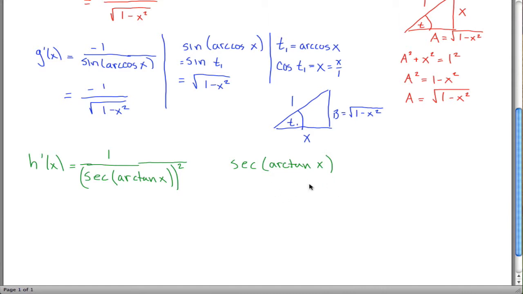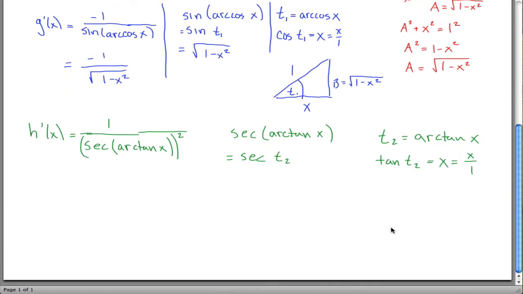which is difficult. However, if I just give this thing a name, if I let t2 be equal to arctangent of x, I can make my life a little bit easier. Instead of trying to figure out secant of arctangent of x, I just need to figure out secant of t2. And I can figure out secant of t2 if I recognize that tangent of t2 is equal to x. Maybe I'll call it x over 1 so that it's a fraction again,